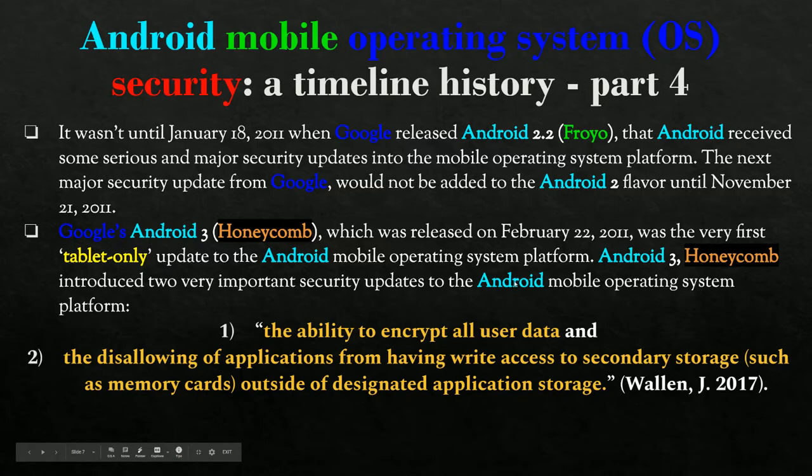So moving on, Google's Android 3, codename Honeycomb, was the next generation of Android's operating system, and it was released on February 22nd of 2011.